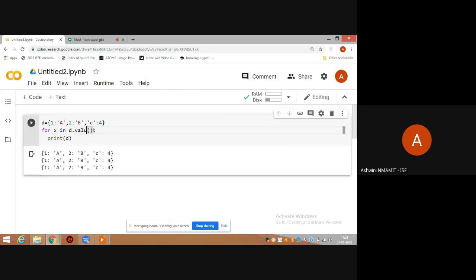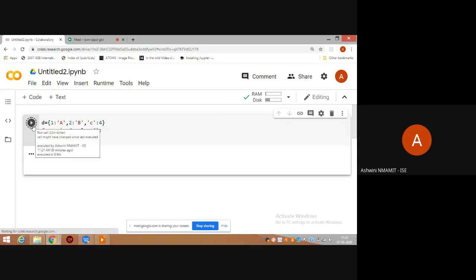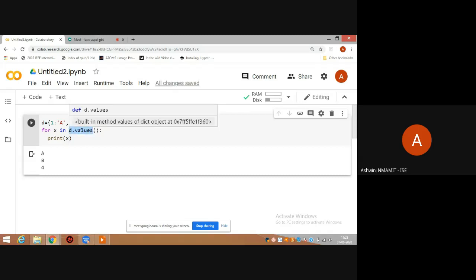Now say D dot items. What went wrong? D dot values, print X. Okay, so now when I give for X in D dot values, print of X, it gives me the values directly. So now every iteration, the value in that particular dictionary is stored in X and that is printed.